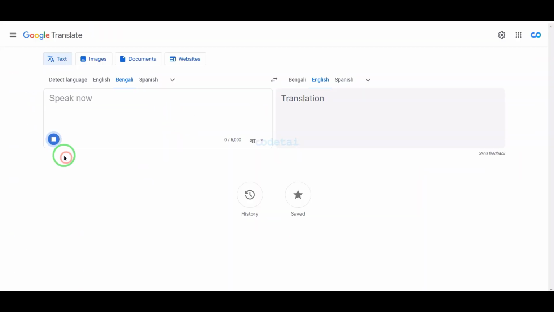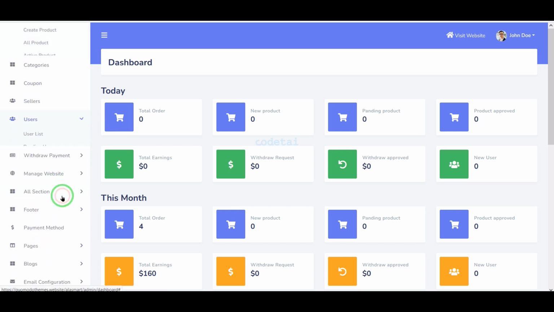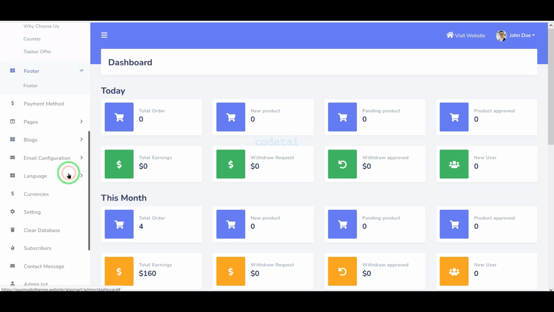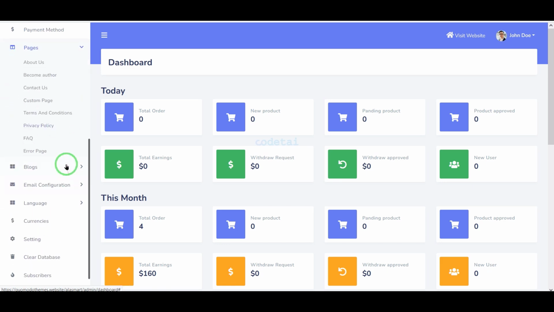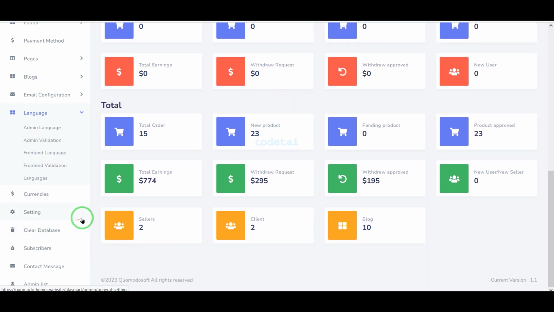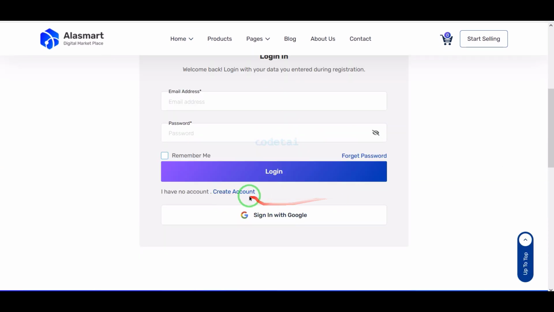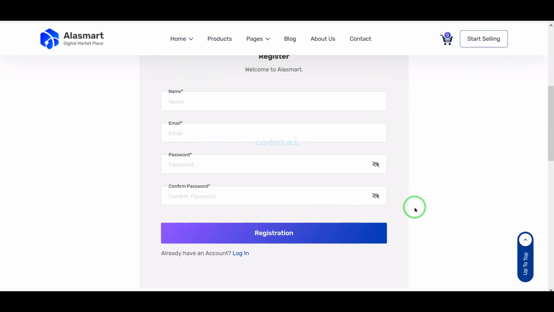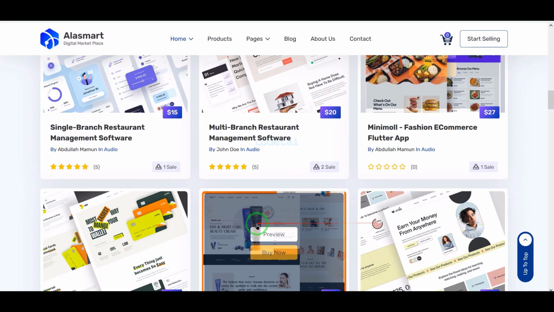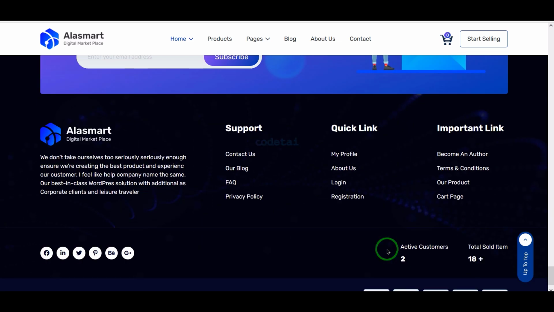You can manage all the features and functionalities of the website through the admin panel, because here you are getting all types of feature sections to manage the website step by step. All the features required to run a professional digital product download marketplace website are available in this admin panel. Also, website users can request to sell digital products. For this, a user needs to register a new account. So let's learn step by step how to create such a professional digital product download marketplace website.